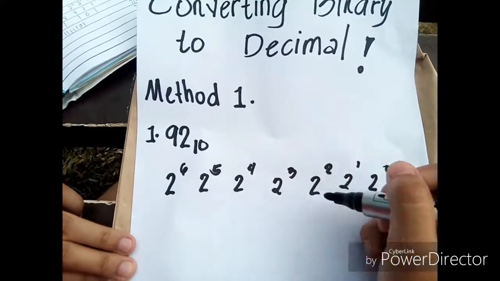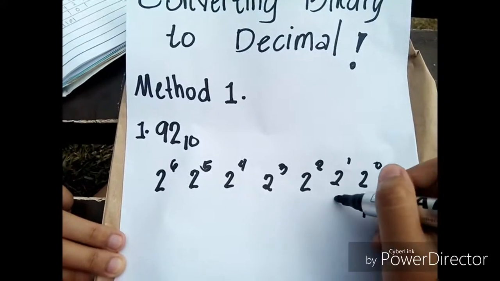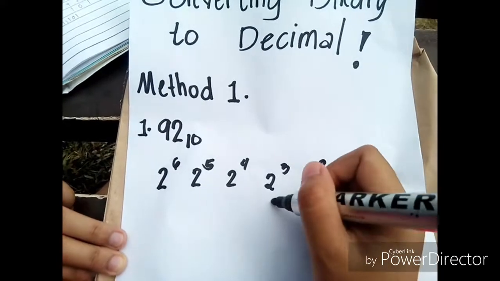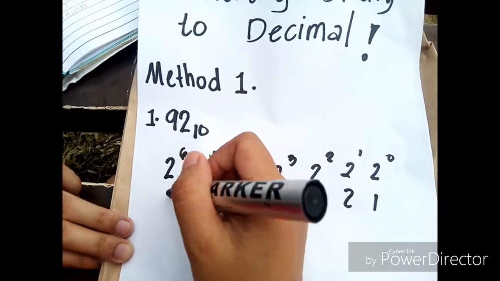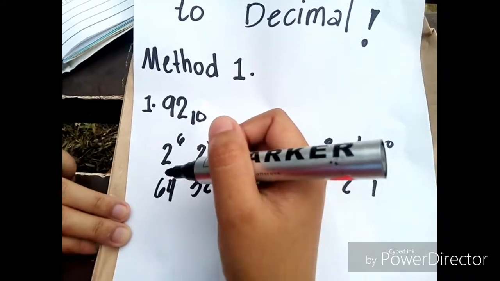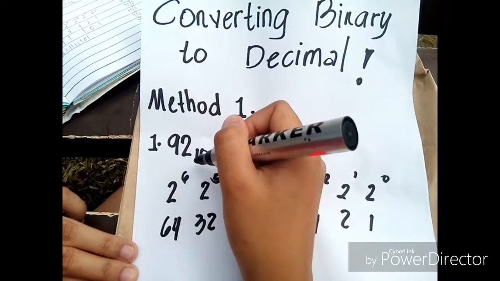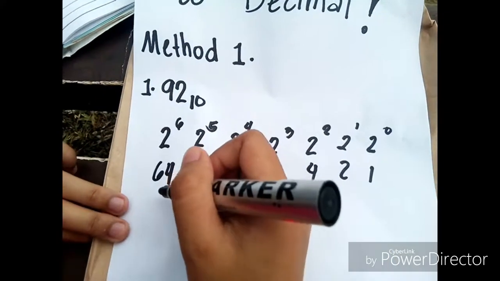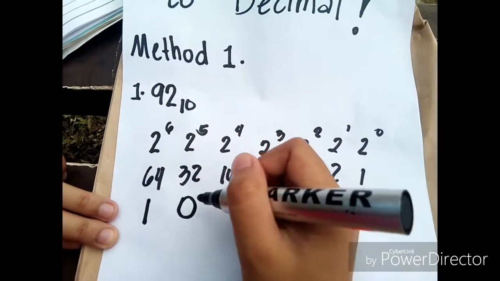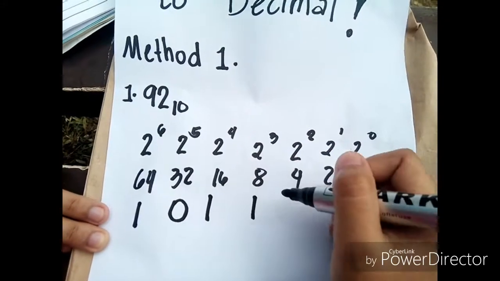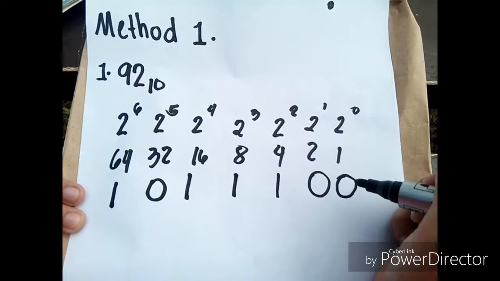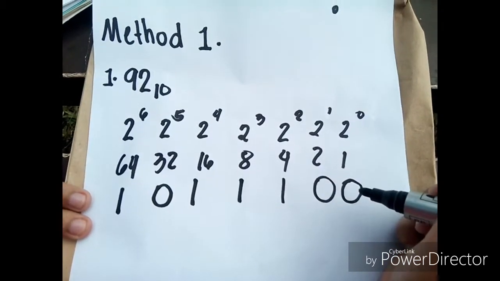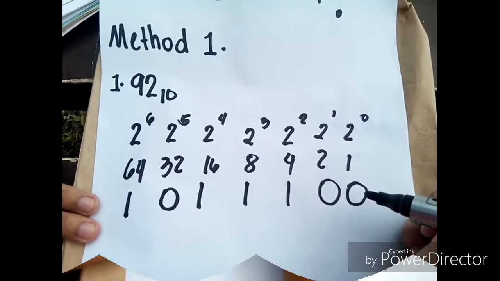So we just add. Since the number is 92, we have to add up the numbers that we need to use. So 64 plus 16 plus 8 plus 4 is equal to 92. So the answer would be,